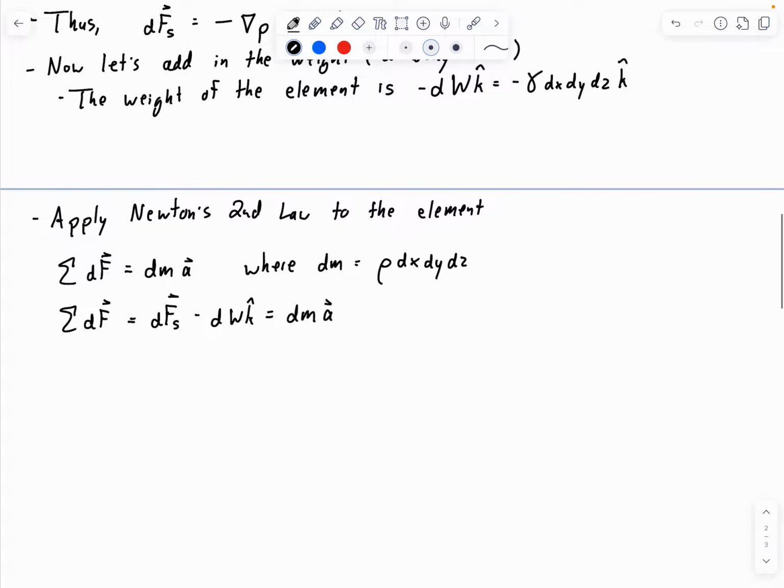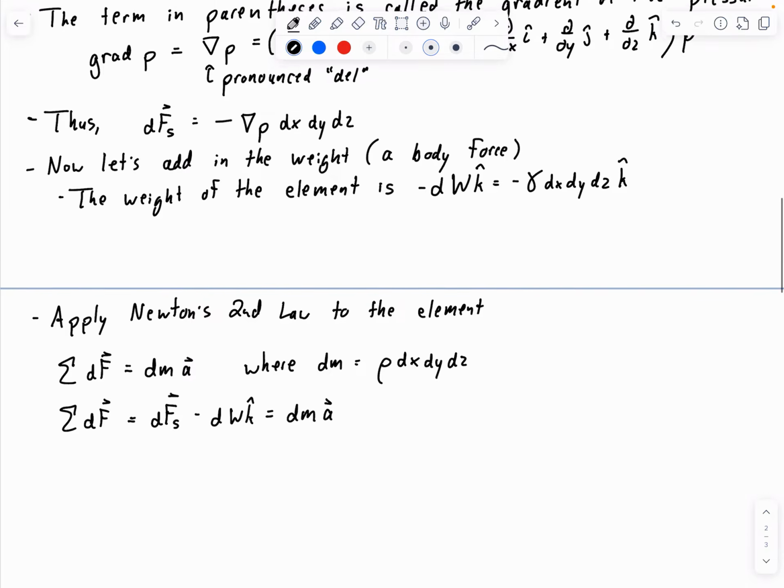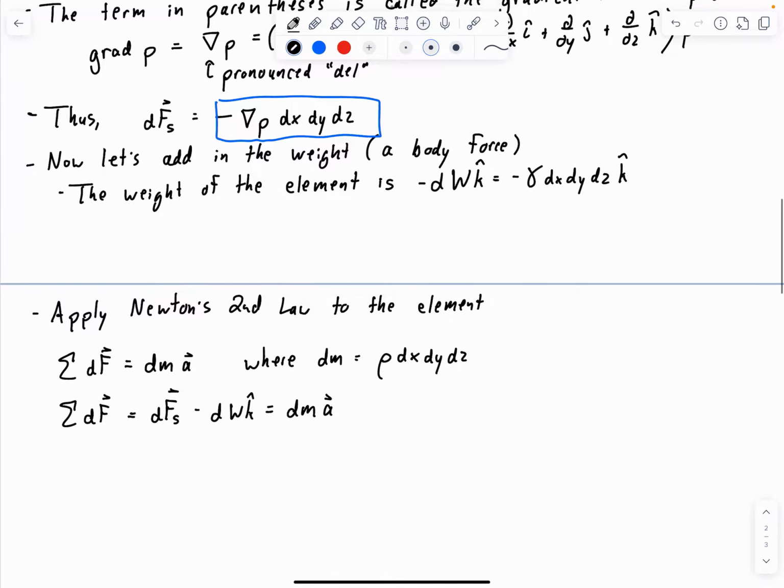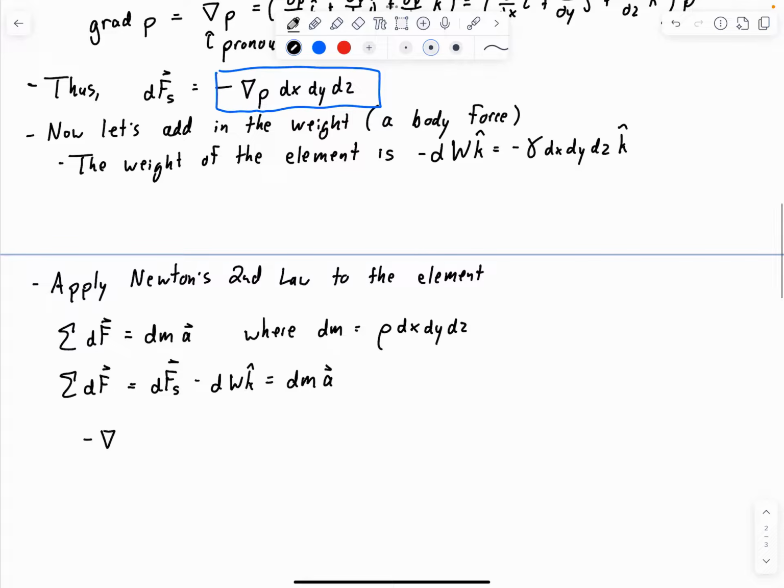Okay, so putting in our surface force first, which is up here. So we're going to put that in first. We have the pressure dx dy dz